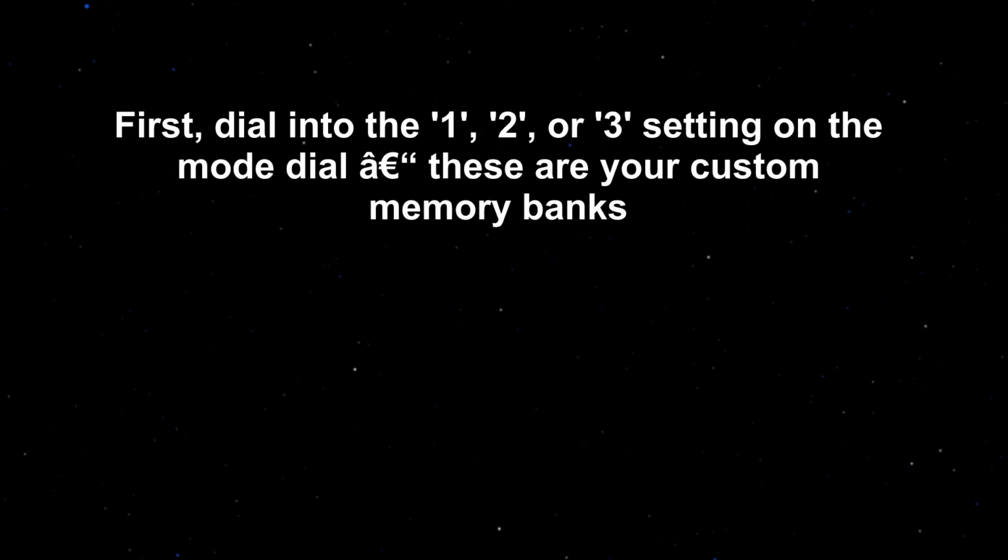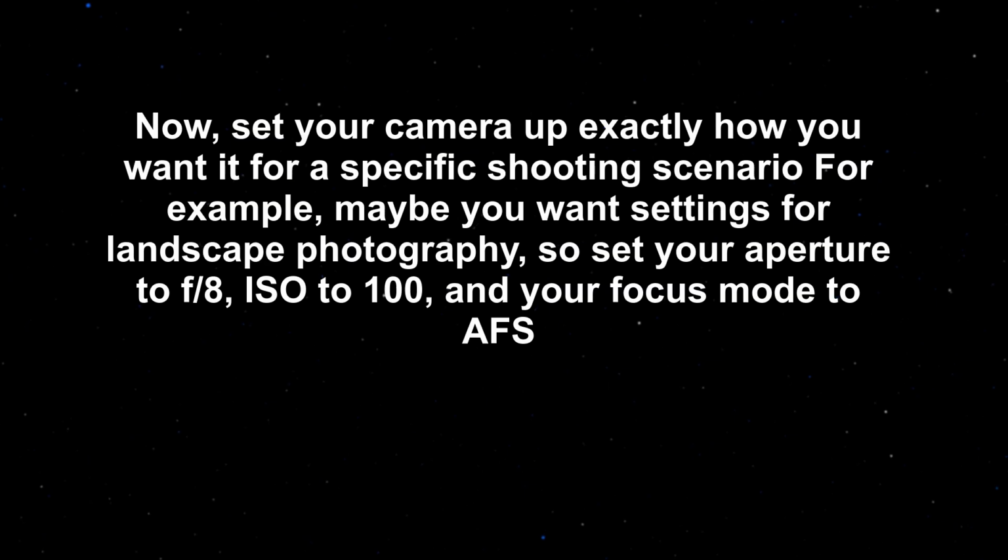First, dial into the 1, 2, or 3 setting on the mode dial. These are your custom memory banks. Now, set your camera up exactly how you want it for a specific shooting scenario. For example, maybe you want settings for landscape photography, so set your aperture to f8, ISO to 100, and your